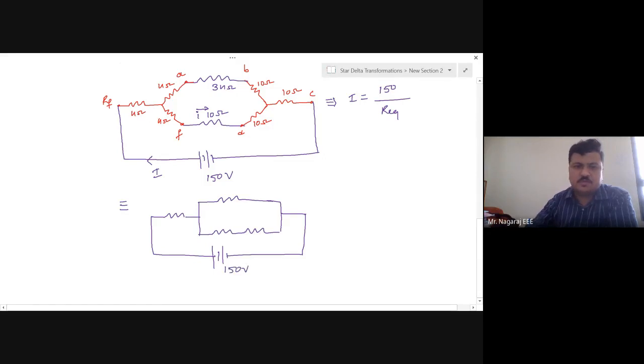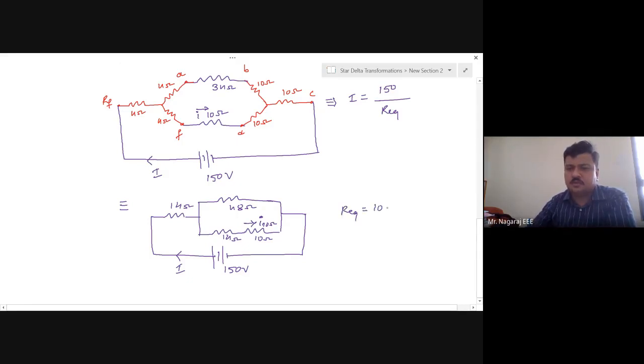So equivalently, 150 volts, 4 ohms plus 10 ohm, here it is 14 ohms. For 4 ohm, 34, 38 plus 10, 48 ohms. This 4 ohm and 10 ohm, 14 ohms. And this is 10 ohm. I have just kept it as it is. Now this is the main current I, and this is the current I flowing in 10 ohms. Or if you want, you can take I 10 ohms. So what is the main current I is equals to 150 by R equivalent.